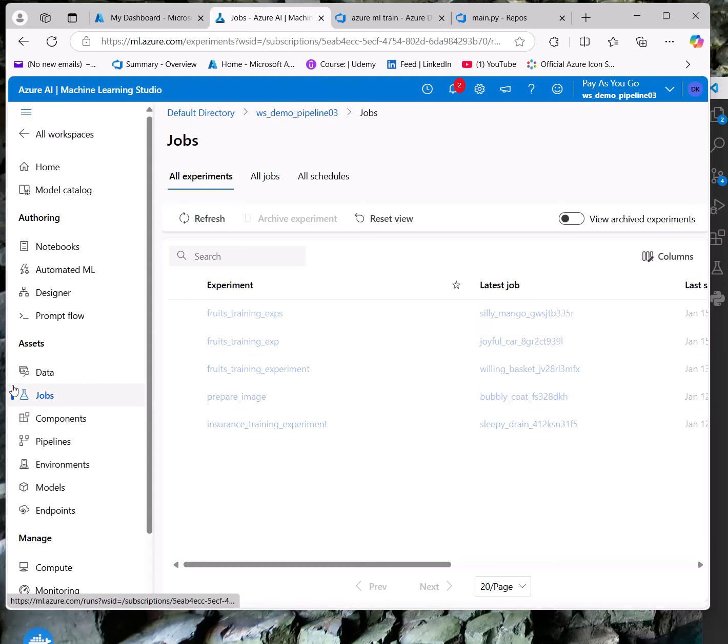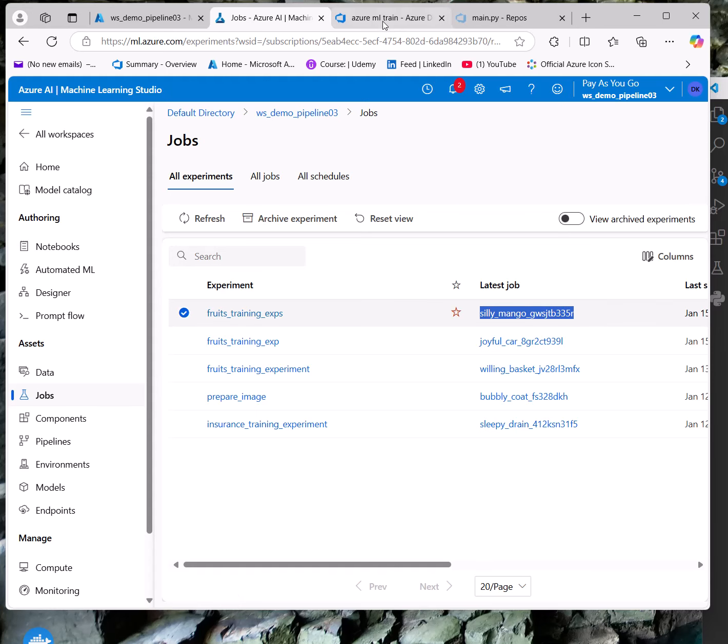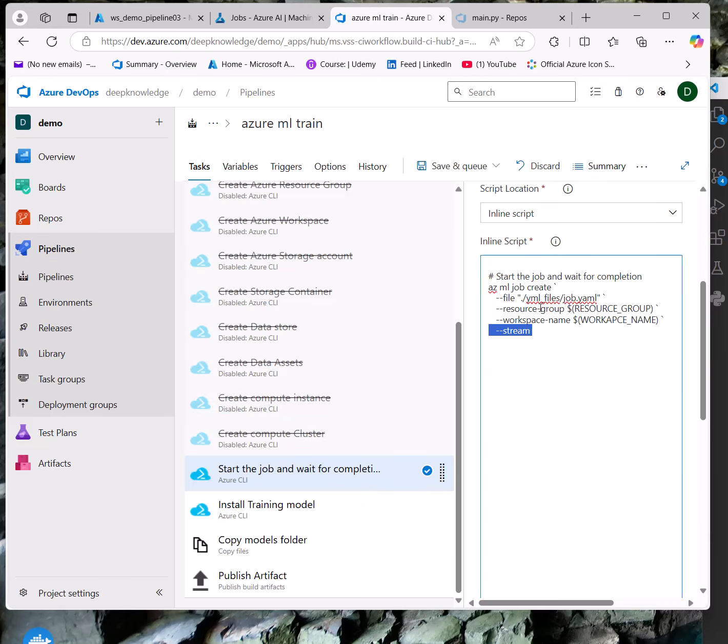This is the jobs page, and you can see here this is the experiment, and here this is a job. It will create a job, and in the background it will train your model. Sometimes your model will take a few minutes; in my case it takes 3 or 4 minutes, and with big files and big systems it can take a few hours.